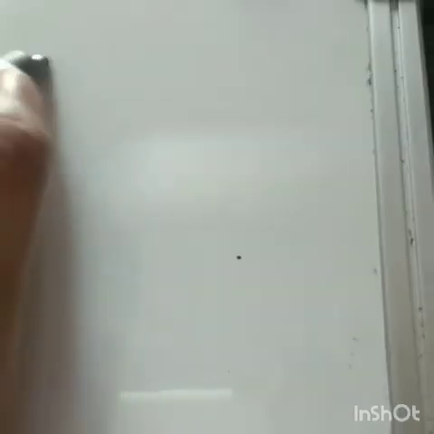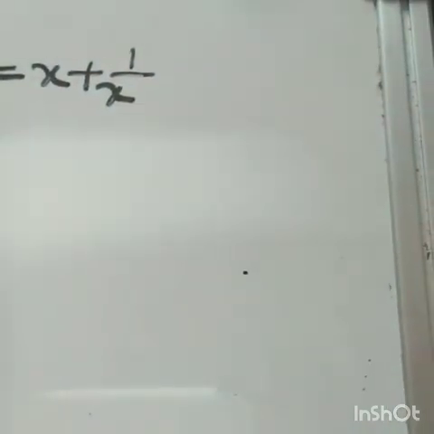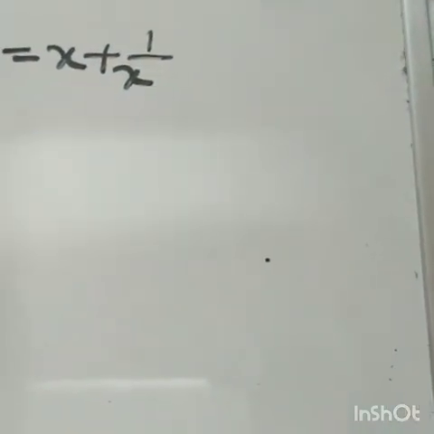Now I am doing one more question for your reference. 17th is already solved in the exercise. In fact, somebody asked me, I had already done it during the interactive session solution, and you may go through that solution. Here they have done it differently, so this solution is also available for you. Now I am doing question number 16. In question number 16, it is given 2 cos theta is equal to x plus 1 by x. You are required to prove that 2 cos 3 theta is equal to x cube plus 1 by x cube.